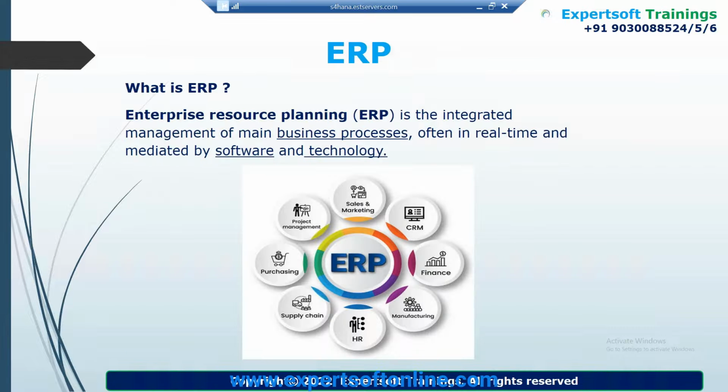Okay, so enterprise resource planning, as I said, is something where all things are integrated: project management, purchasing, supply chain, manufacturing, finance, CRM, sales and marketing in real time. Suppose, how does an organization run? You might be manufacturing something, but you need raw materials, so you have to procure them from different vendors. That comes into purchasing. When you have created the end product, you have to sell it to a customer, so it comes to sales and marketing.